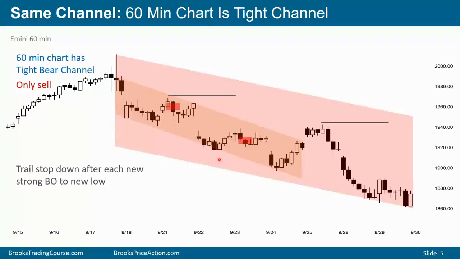After each breakout to a new low, if the breakout's reasonably strong, traders will look at the high at the start of that leg down and consider it a major lower high, and they'll put their stop here. It does not matter if you sold here or here. Once it does this, your stop is here. And the same is true here. If you had a breakout here and you put your stop here and you get stopped out, a lot of traders will sell again on a reversal down, a micro double top, taking a chance on bear trend resumption. And at some point down here, you'll conclude this lower high is major, and you'll put your stop up here.